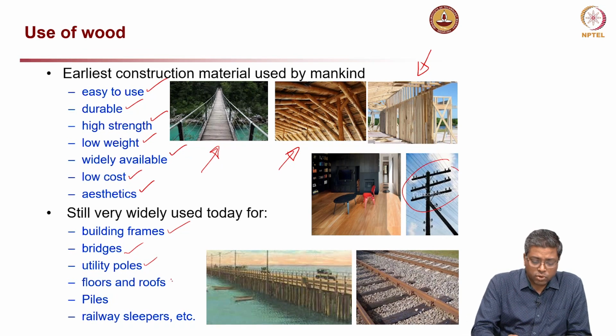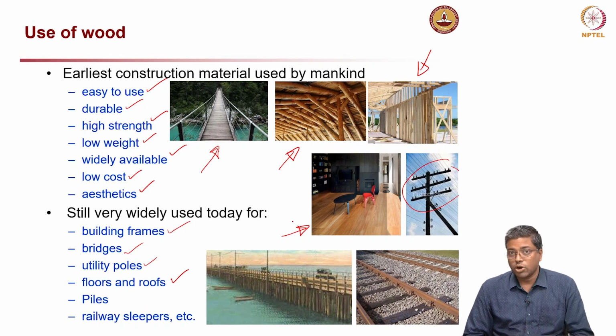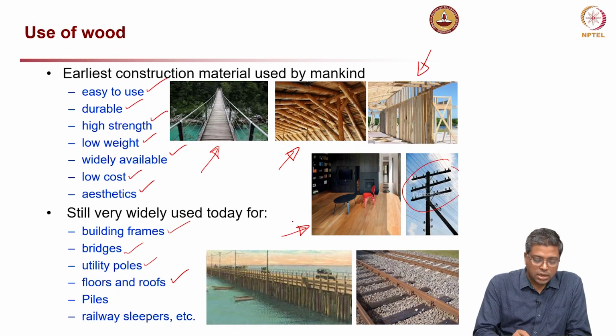And then floors and roofs. For floors, you can see here, it is especially good for people at home if they are old, because the floor will not be very cold. It is good for both summer and winter conditions, like cold and hot climates. Wood seems to be a good option rather than some of the tiles or marble floors etc., because there are advantages for health reasons.